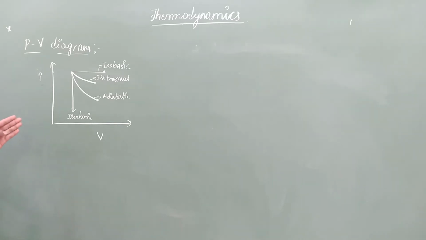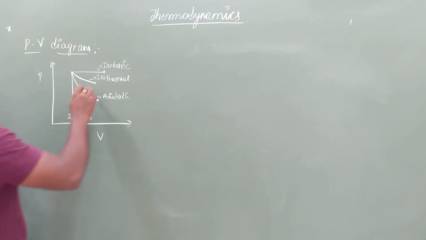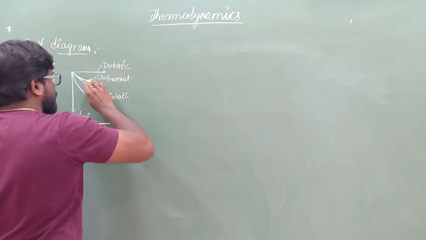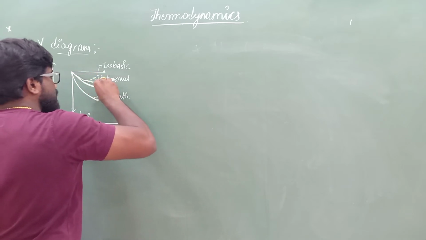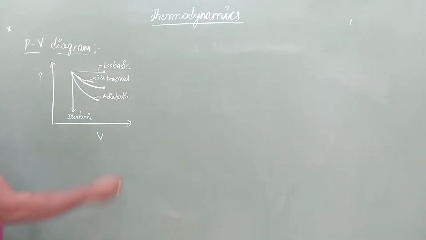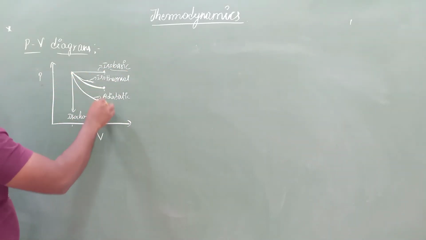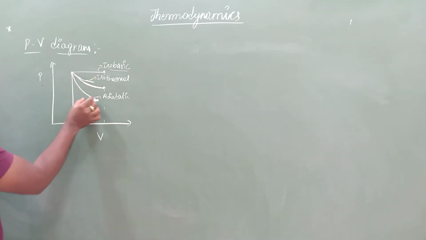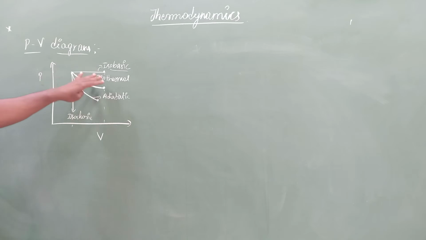So when you look at this graph, you can easily find out in which case the amount of work done is maximum. See, isobaric, isothermal, adiabatic and isochoric. In which case is the work done by the gas maximum? Obviously under isobaric. Why? See, the area under the isobaric process is large compared to isothermal, adiabatic and isochoric. So we can say directly, the work done in case of the isobaric process is more than the other 3.